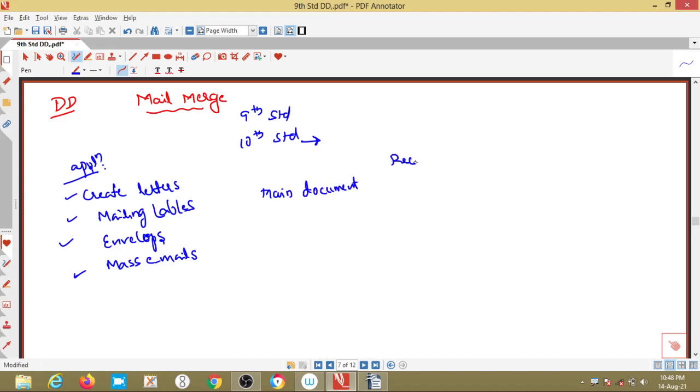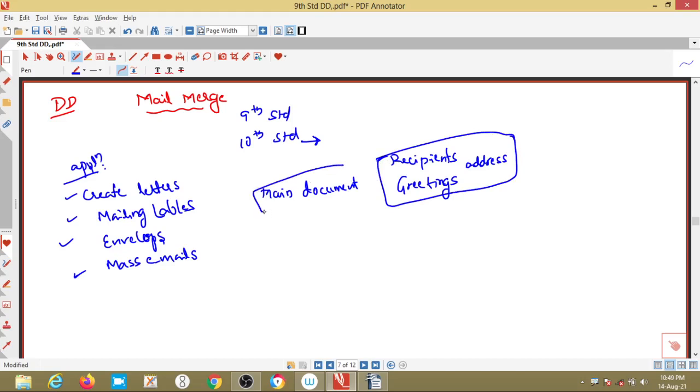Only the recipients, meaning to whom you are sending the letters or envelopes, their address, and the greeting, how we will greet them, either Mr., Miss, or Dear, will change.